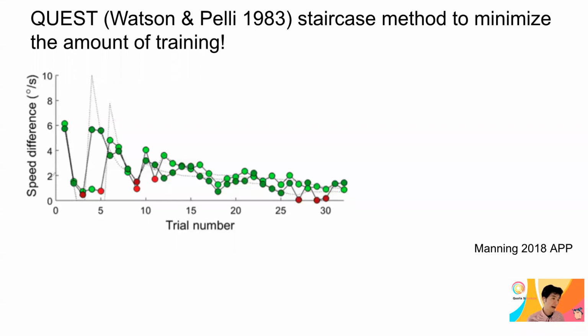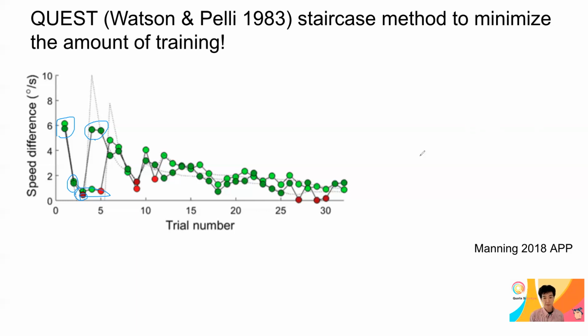So here, for example, this is a task that was done on children who don't have a long attentional span. So they wanted to minimize the amount of training from several hours into just a couple of minutes. They started with an easy trial, like 6%, and then 2 or 1. And if it becomes too difficult and they make a mistake, red, then that moves up the difficulty and so on. And this dark and bright green means two different kinds of implementation, but in both